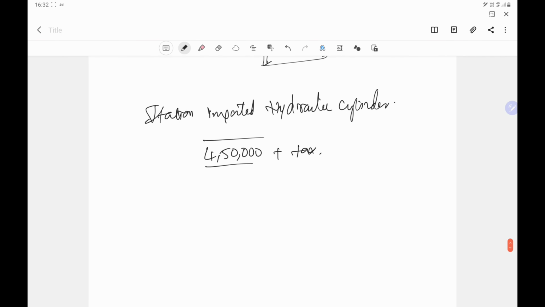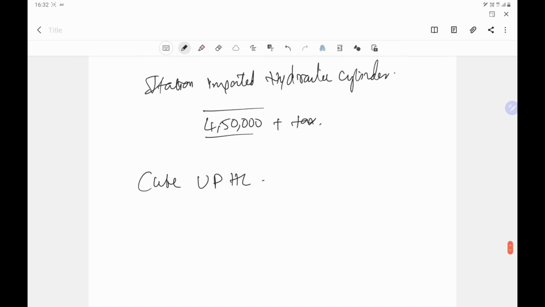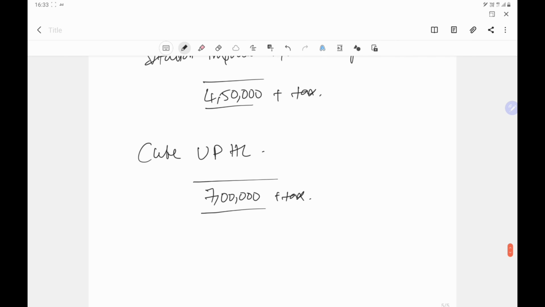In the same hydraulic technology, we have premium versions called Cube Ultra Premium Hydraulic Lift, which would cost 7 lakh rupees, where again with collapsible grill gates, 70,000 for semi-automatic, 1,50,000 for automatic, MS powder coated doors. And if someone needs stainless steel doors, then it would cost 2 lakh rupees. Stainless steel glass doors, automatic, are 2 lakhs.